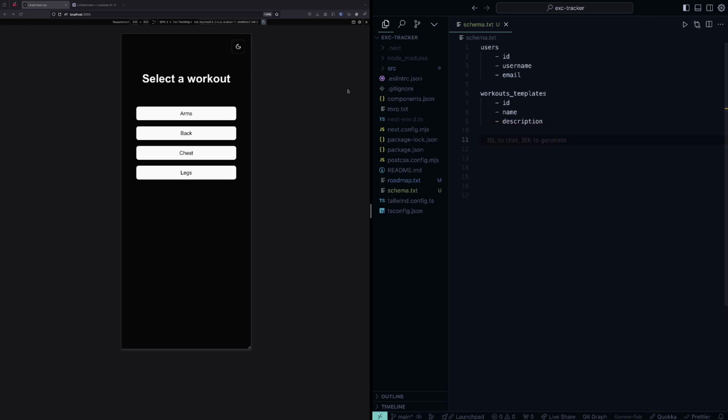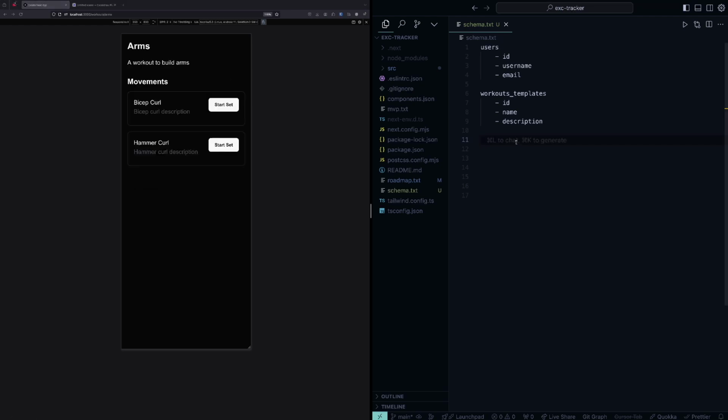So the way that this will work is they'll click arms. And what that's going to do is create an instance of that template, right? So we're going to call these user workouts. And these will have an ID. They'll have a workout template ID. So this will be the ID of the workout template. And how we will